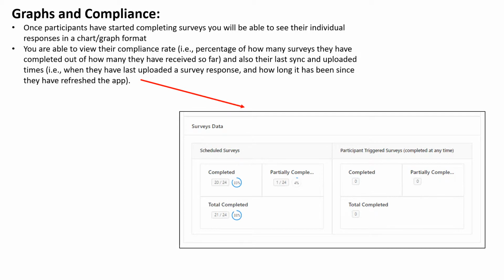You will also be able to view their compliance rate. So this is the percentage of how many surveys they have completed out of how many they have received so far, and also their last sync and uploaded times. So in other words, when they have last uploaded a survey response and how long it has been since they have refreshed the app. So just as an example here down below,